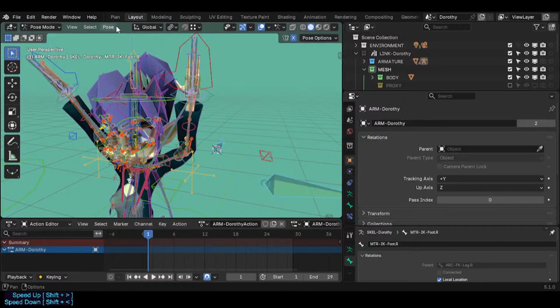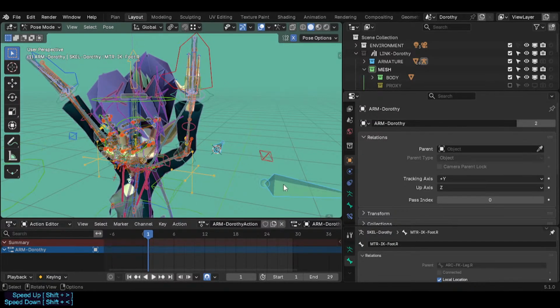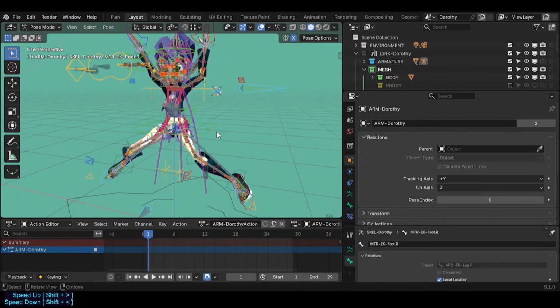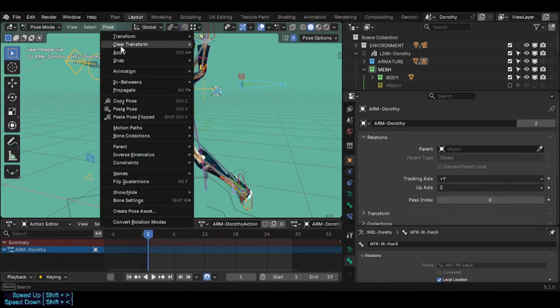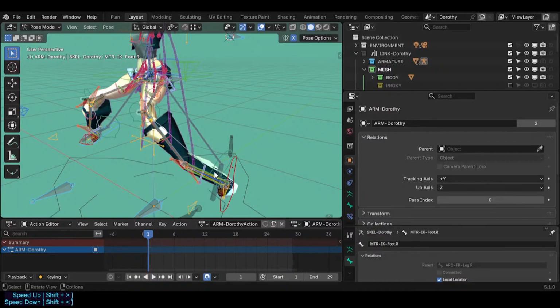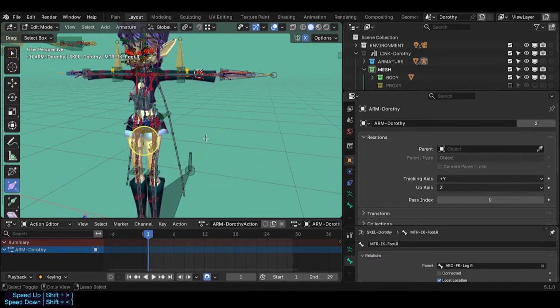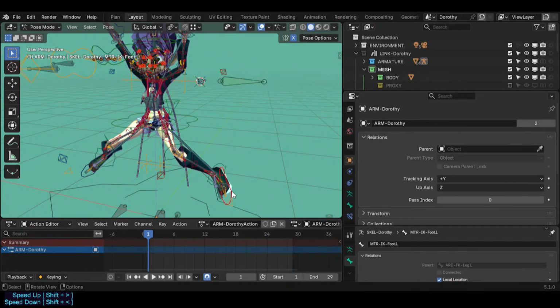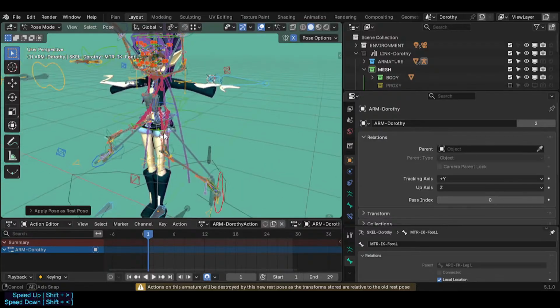This is the only thing that moves. Seems it starts to stack some stuff, right? Anyways, let's apply pose everything as rest pose. Okay, so when we do this, now